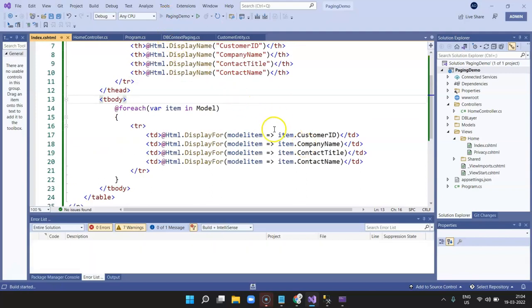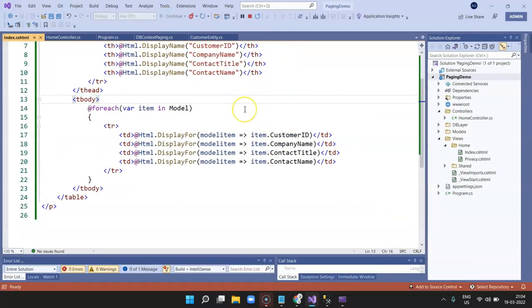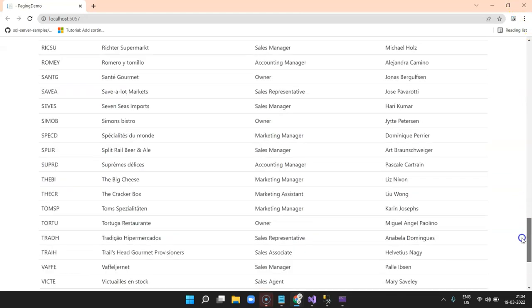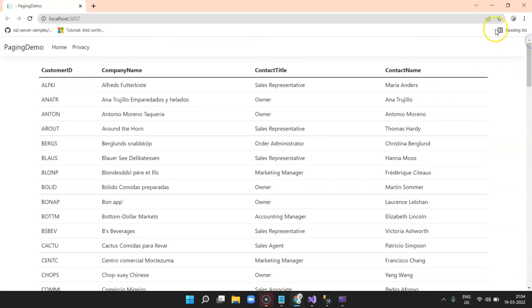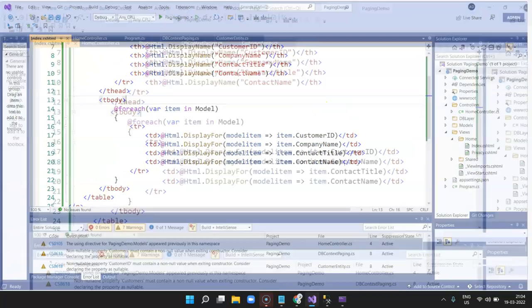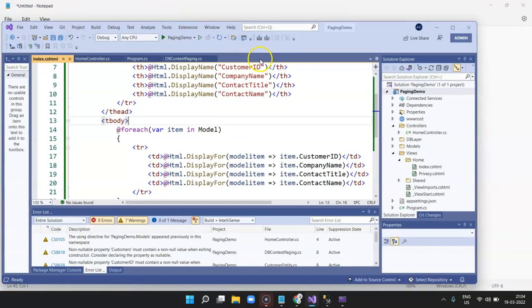Now let's go ahead and see the data in action. So guys, you can see we have shown the entire data. Now there is no pagination over here. It's the entire record. Now let's implement pagination over here. So what we are going to do is close everything